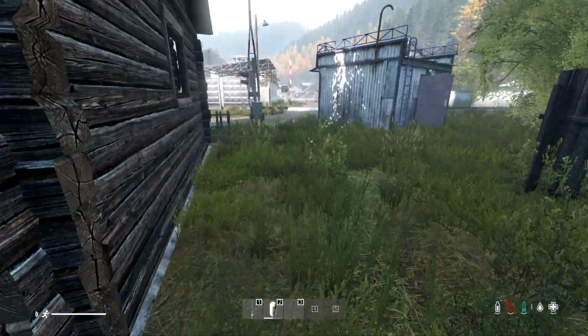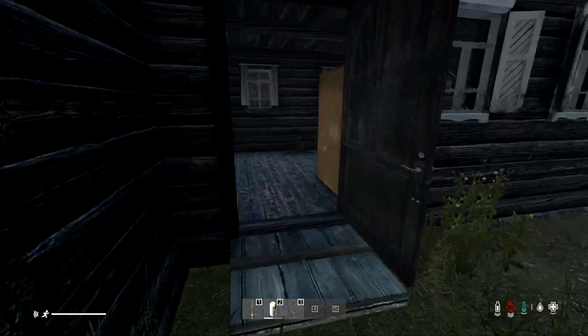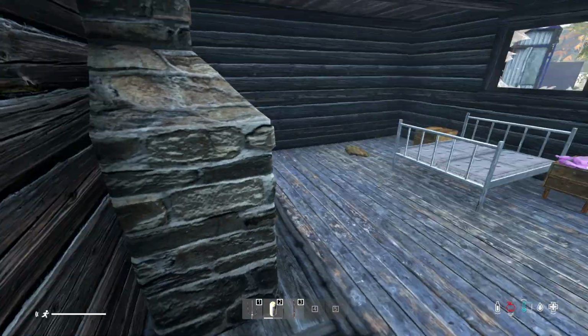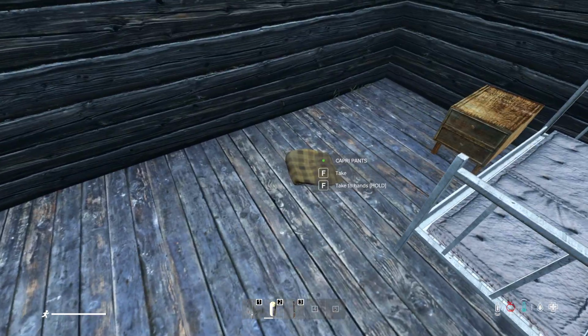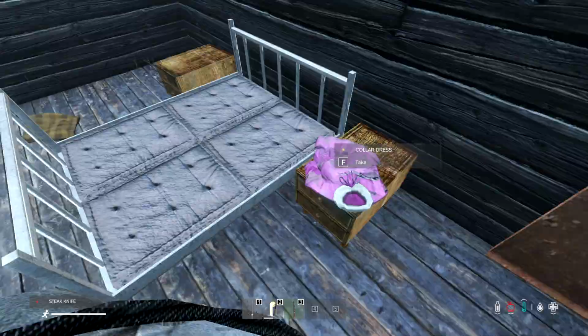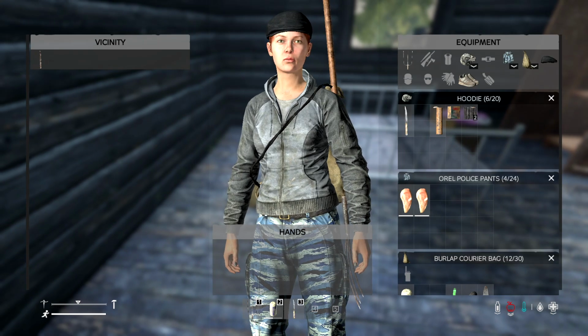Tire iron is a good melee, but pitchfork is devastating. You've seen what it can do to the Zeds that are running at you if you time it correctly. Devastating. Alright. Steak knife is